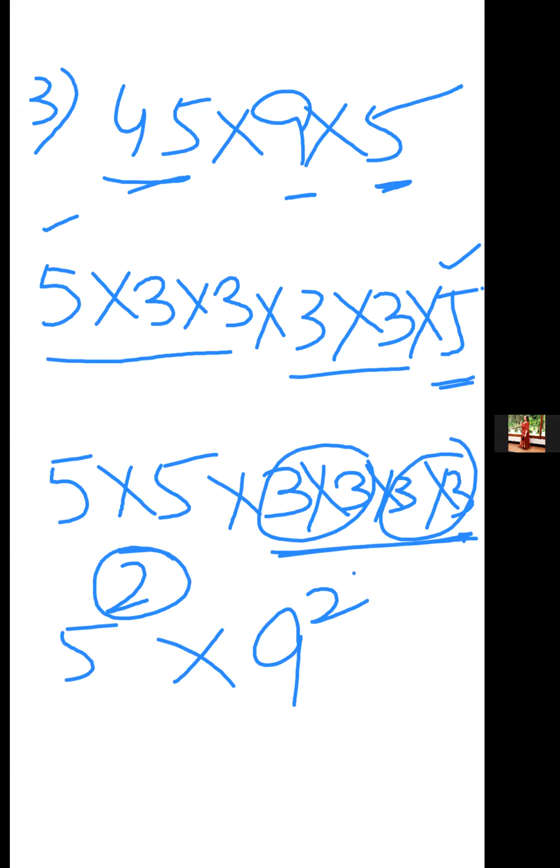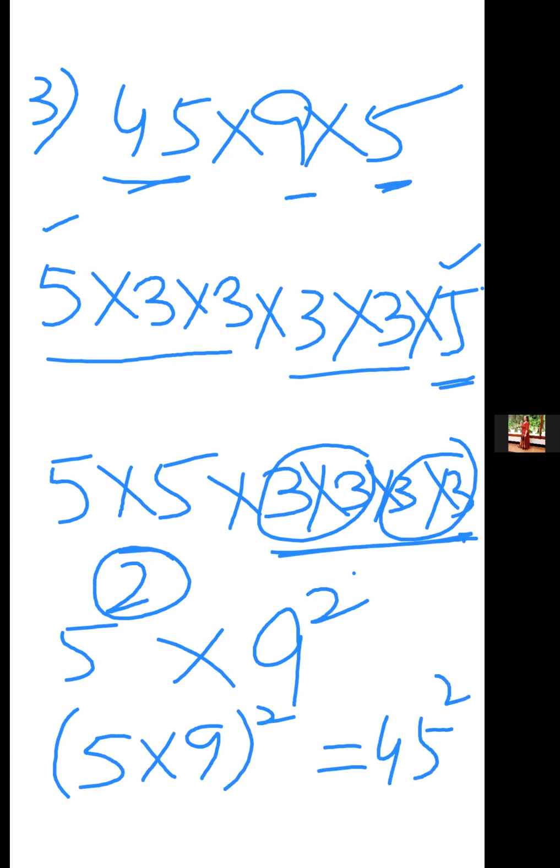ठीक है, तो दोनों की पावर सेम हो गई. 5 रेज टू पावर 2 और 9 रेज टू पावर 2. मैंने इसमें पावर सेम कर दी. तो एक लॉ आपका इसमें ये भी है, व्हेन पावर्स आर सेम वी हैव टू मल्टीप्लाई द नंबर्स. 5 9 are 45, एक ब्रैकेट में ऊपर 2 लिख दो, कॉमन 2 आ गया. तो 5 9 are 45 raised to power 2.